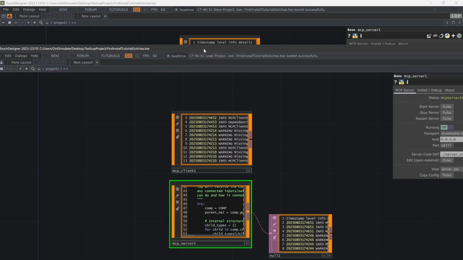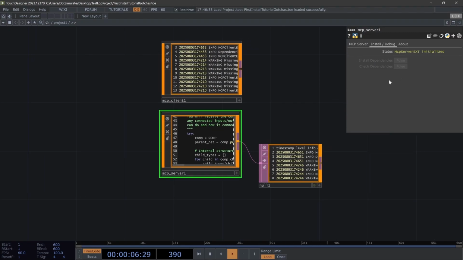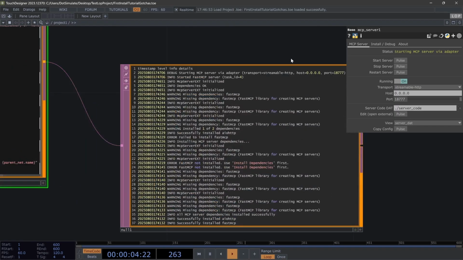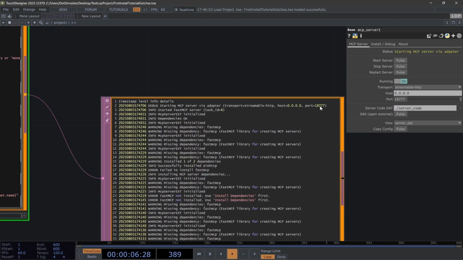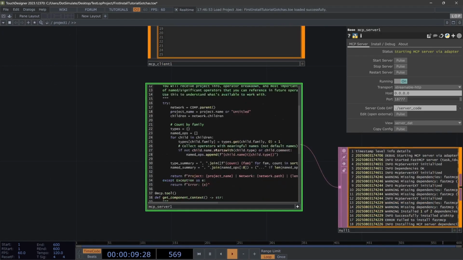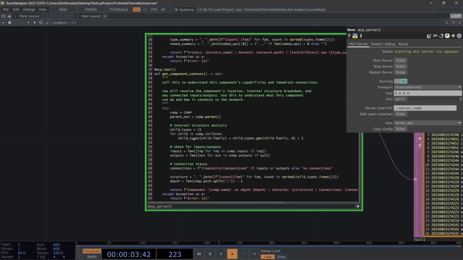And when I reopen it, oh, look at that. The dependencies are disabled, which likely means if I hit start server, the MCP server is working and running on 18.777. So sweet. Also, just so you know, this MCP server is not very functional, but it is more showing you